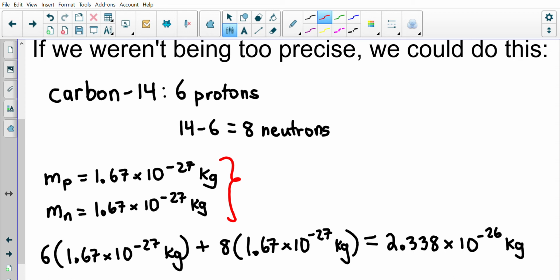But if you Google the mass of a proton, and then the mass of a neutron, they're not actually the same number. They're close, but not quite the same. And the answer I've got here, which I didn't bother to round for significant digits because I was just trying to show you the process,